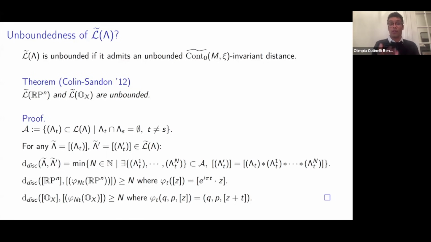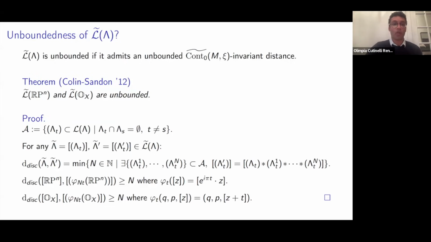And Vincent Colin and Sheila Sandon show that you cannot get rid of this intersection by using some generating function techniques and also some spectral selectors that they deduce from the existence of generating functions. Actually, these were tools constructed by Sheila Sandon. And then they use these tools to prove that you cannot get rid of these intersections.